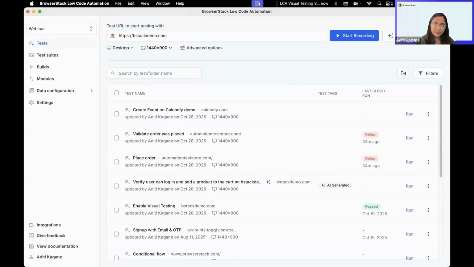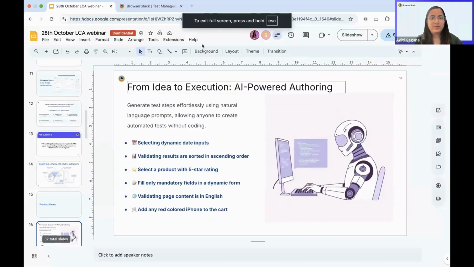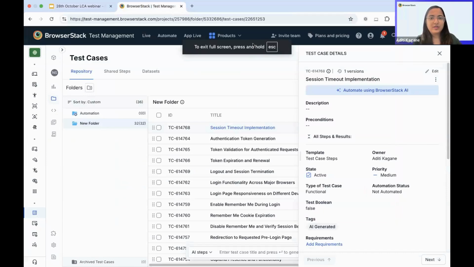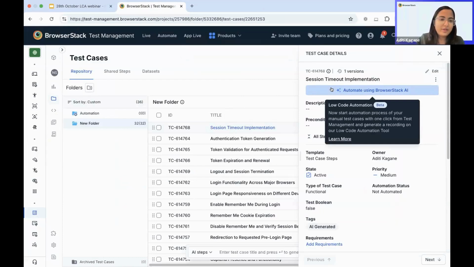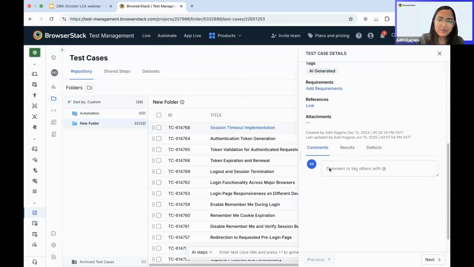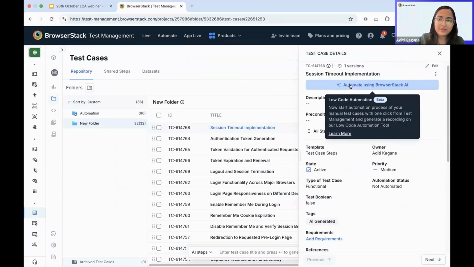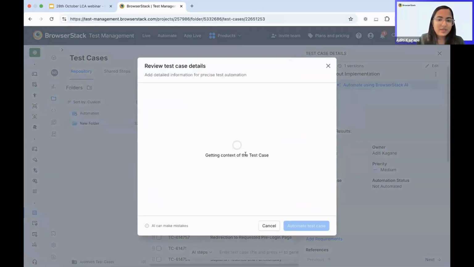Now you'll ask me, I need to give test cases and my test cases reside in test case management. So we have a solution for that as well. If you're using BrowserStack's test management tool, I'll just exit this for a moment and go to test management. You'll have all your test cases listed in this format. If you open any of the test cases, you can simply click on automate using BrowserStack AI. It will take all of the data that you have written here as preconditions and test steps and try to create a